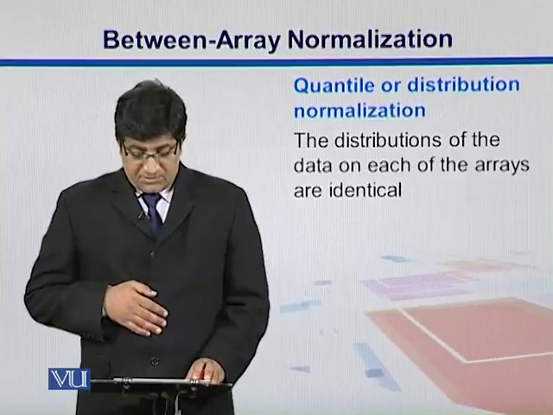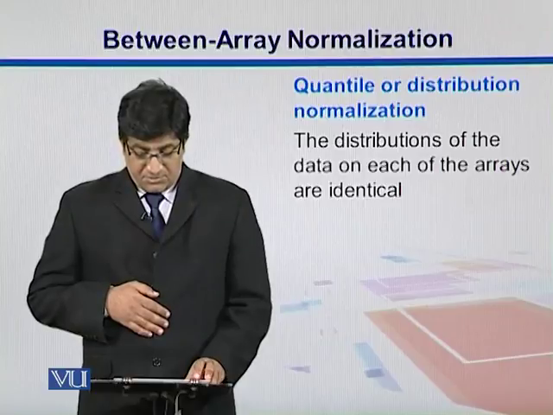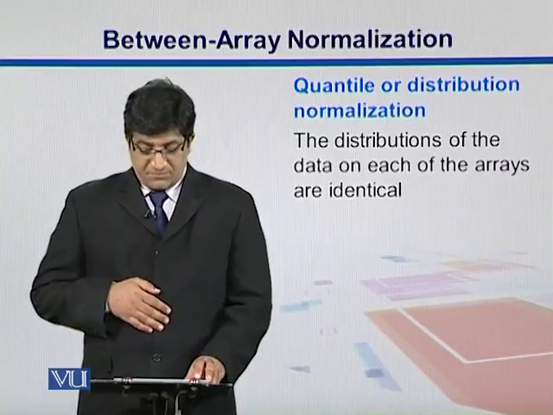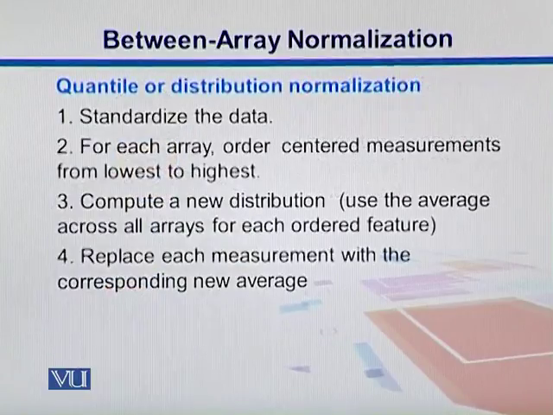In quantile normalization, we take the distributions of the data on each of the arrays and we assume they are identical. So in quantile or distribution normalization, we standardize the data, and for each array we order the centered measurements from lowest to highest. Then we compute a new distribution. We use the average across all arrays for each ordered feature,